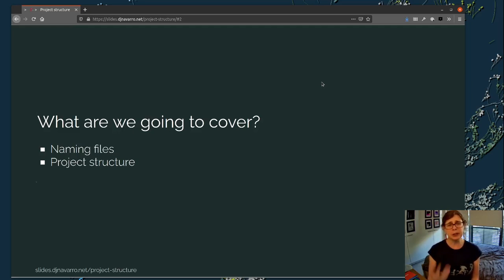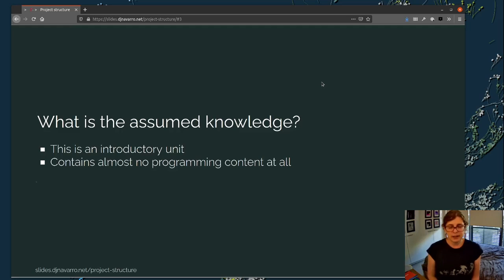And then I'm going to talk quite a bit about how to structure projects, how to organize them, and make them easy for you to pick up later on, when 3 months later you think, oh, I should actually finish this, and you've got no idea what you're looking at. Okay, so here we go. This is an introductory unit, so you shouldn't need to have looked at anything else that I've recorded, and you shouldn't need any programming knowledge to make it through these videos.